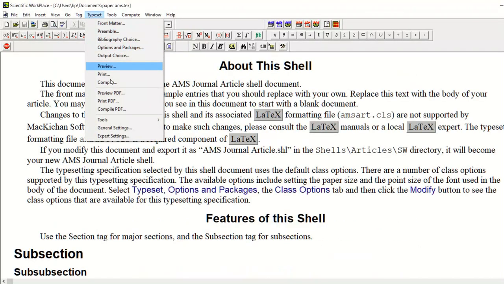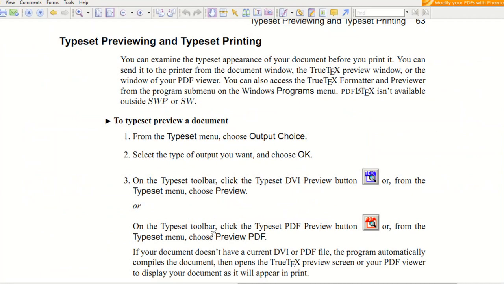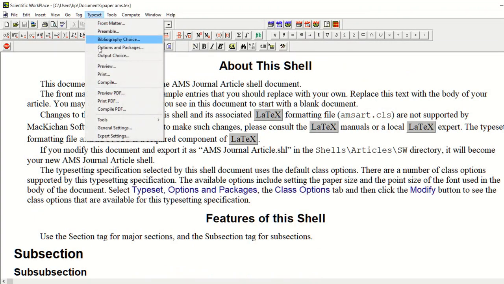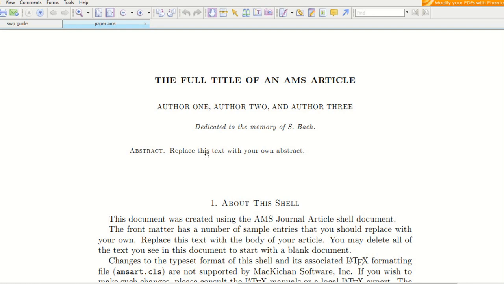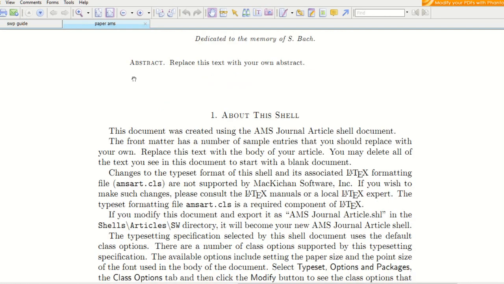This is the typeset menu, and here you can choose preview PDF, print PDF, compile PDF, preview, print, compile. These are the typeset commands. On the typeset toolbar, click the typeset PDF preview button, or from the typeset menu choose preview PDF. When we click this option, we see the PDF version of our document.